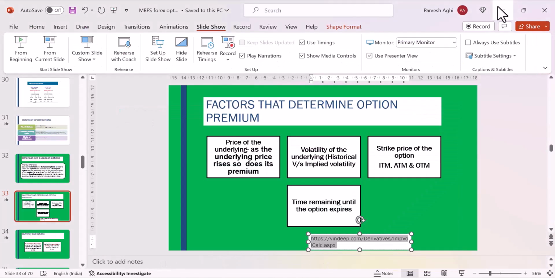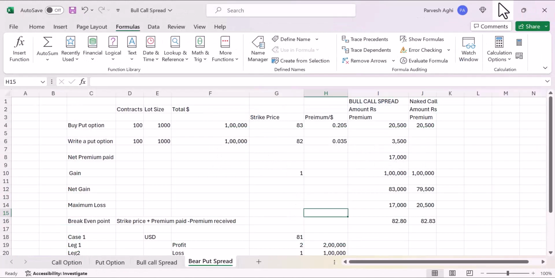So I'm just closing this now and moving to the stock